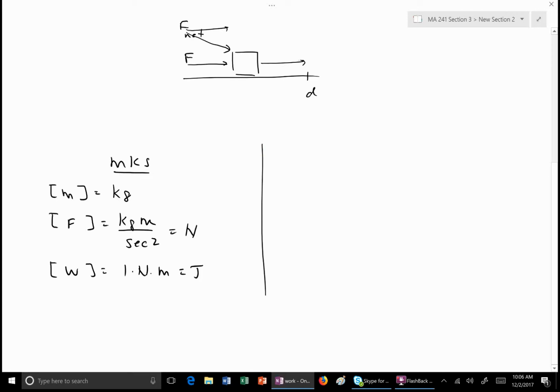Now, that's the one that we like to work in, and most physicists do. But occasionally, you know, the British, they have this imperial system, or the British system of units. It's now called the imperial. It's a lot more complicated and cumbersome. So the unit of mass in the British system is the slug, which, you know, who uses that? Force is in pounds, and work is in foot-pounds. Okay. So the thing you want to be really careful of, all of you, I'm sure, are pretty familiar with the MKS system. When you're given the forces, you're given that something has a certain weight in pounds, you know,